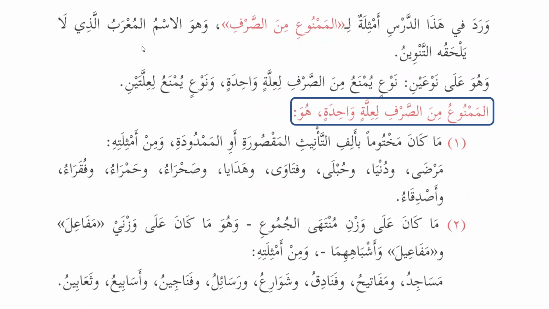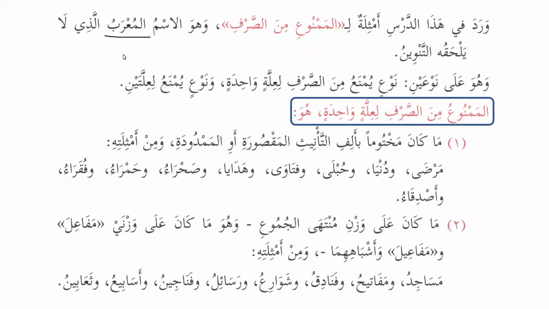It is the noun that is mu'rab. What is mu'rab? Basically, we know that there are two types of nouns. In mu'rab, we have two categories: one is munsarif and one is ghair munsarif. Munsarif means it has three forms in three states, like marfu, mansub, and majroor. For example, Muhammadun, Muhammadan, and Muhammadin.